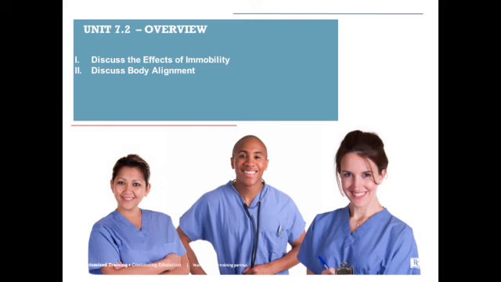Our next section discusses body alignment. So we had the key term body alignment. We said this is the correct positioning of the resident's body, how we position them for good posture, whether they are sitting or lying. So when a resident is sitting in a chair, we want them to be sitting with their hips to the back of the chair so that they are sitting straight up,